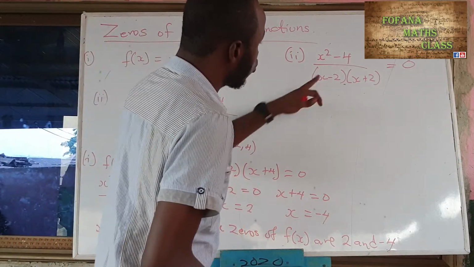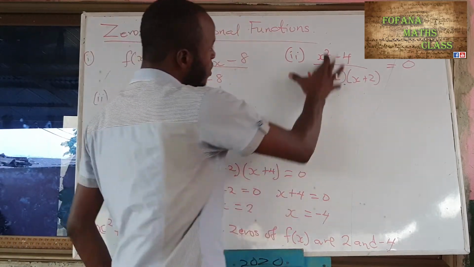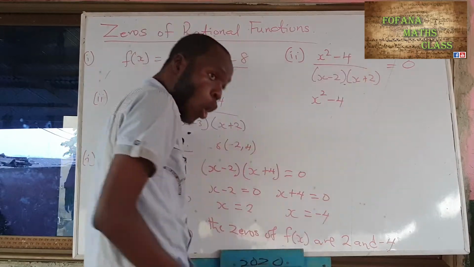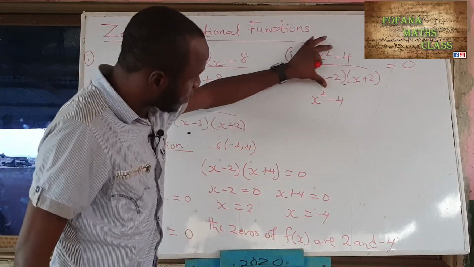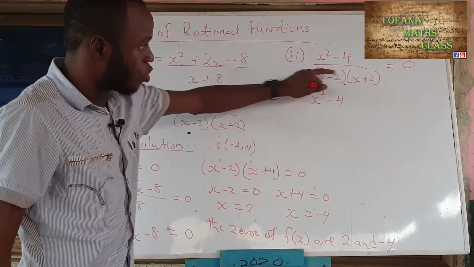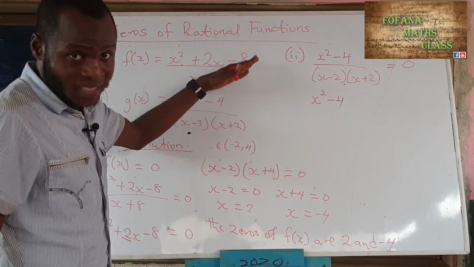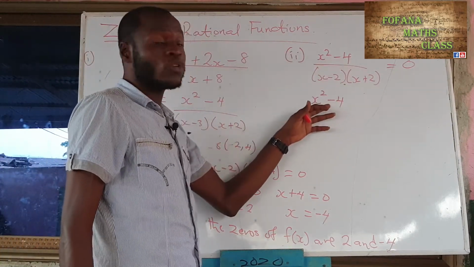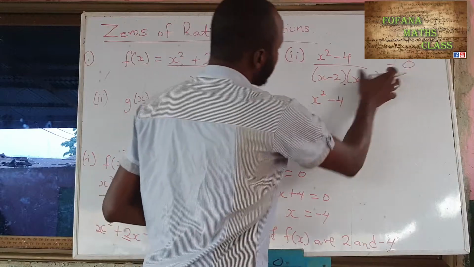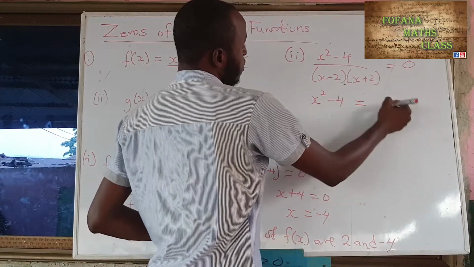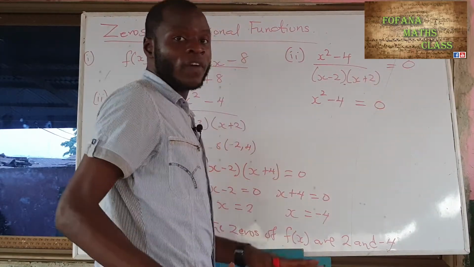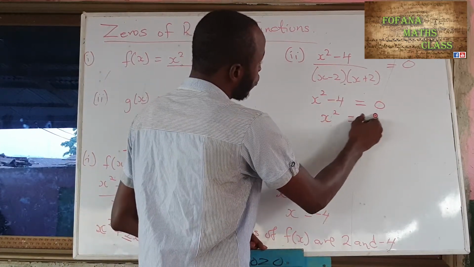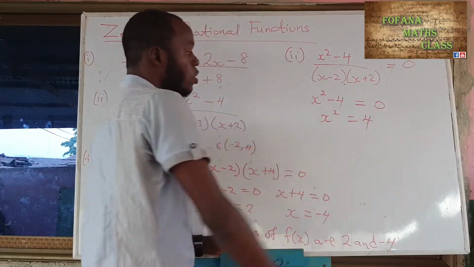The LCM will be the denominator of this fraction, so we use that to multiply here, and it will be left with x squared minus 4, because when we multiply this fraction, the denominator will cancel the LCM that we found. Here, when you multiply this by that, you have 0, because 0 multiplied by any value gives you 0. And here we solve for x, so x squared will be equal to, removing the 4 to the other side of the equation, which gives us